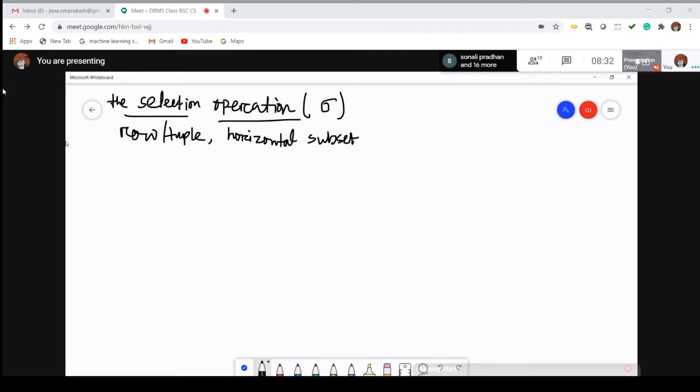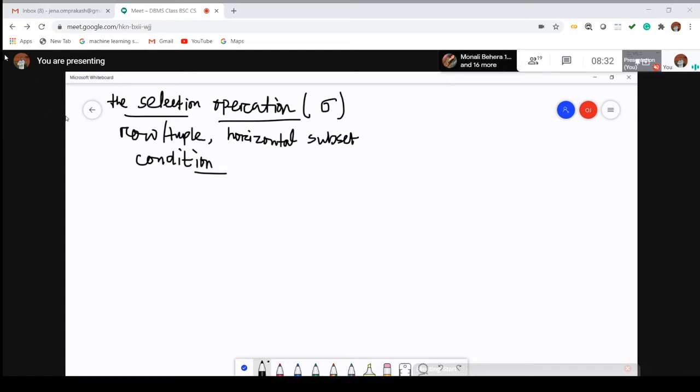And always remember, if it is a selection operation, there must be some condition associated with the selection. Until and unless I give the condition, I cannot retrieve the tuples. Suppose I have to find the student whose roll number equals 1. That means there must be a condition. If I pass roll number equal to 1, I can get all the data of the student which belongs to roll number 1. Suppose I say my student name equals Ram. If I pass name equal to Ram, then I can easily get all the values from the student table whose name equals Ram.